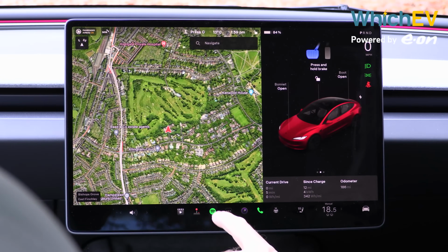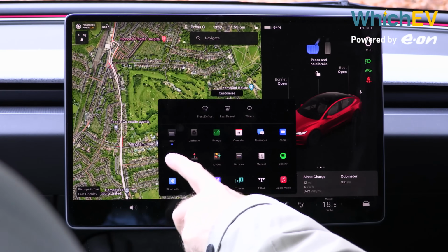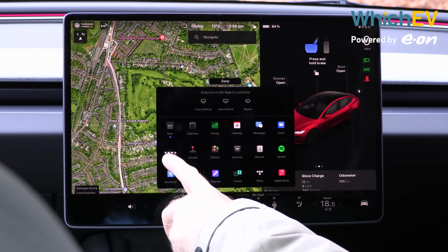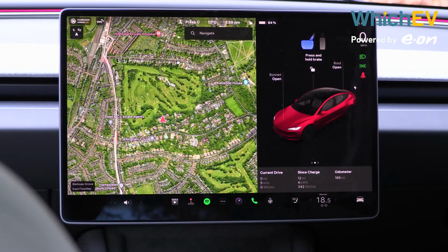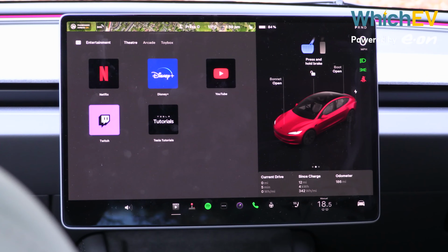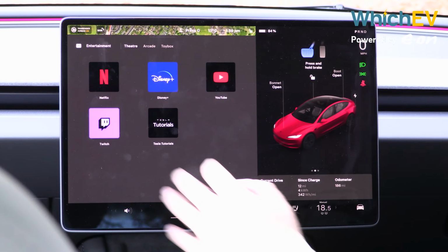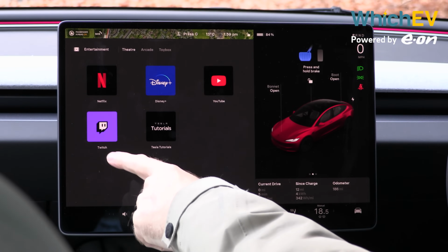You can add things, so this is Spotify. You can drag different icons. If I drag, I don't know, I can drag the theatre mode. If I hold on to it, you can just move that down like that and put it on the bottom here. You'll notice that theatre mode, the very popular feature with Teslas, got Netflix, Disney Plus, YouTube,